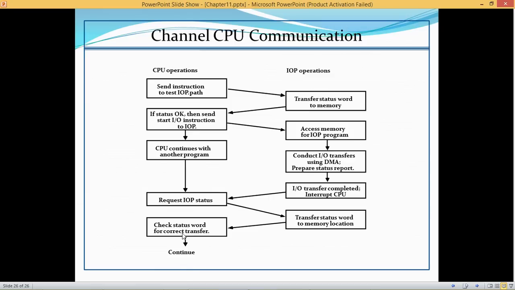If there is more data or more instructions to execute, then it will send a command saying yes, I want to execute more instructions. Now, what type of communication is there between CPU and IOP? Because still they seem to be sending messages to each other. Actually they are not transferring messages to each other. What they are doing is,